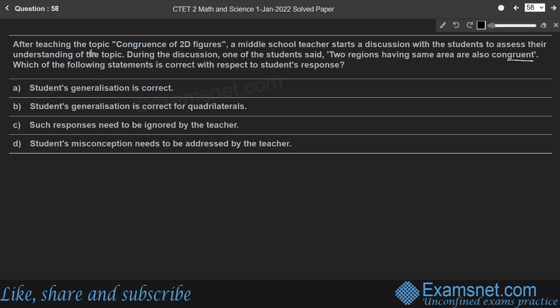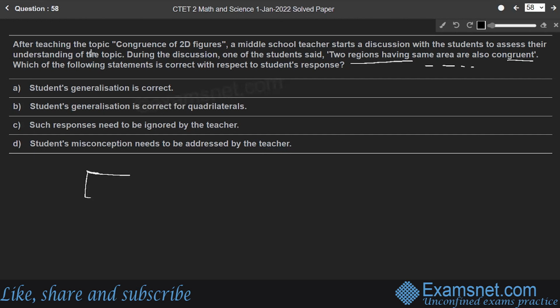So in the example, a student said that two regions having the same area are also congruent. This shows that the student has a misconception regarding the properties which lead to the congruence of two figures. Hence, this misconception should be addressed as soon as possible by the teacher and replaced by the correct concept. For example,